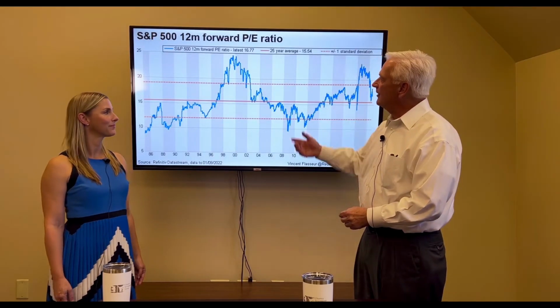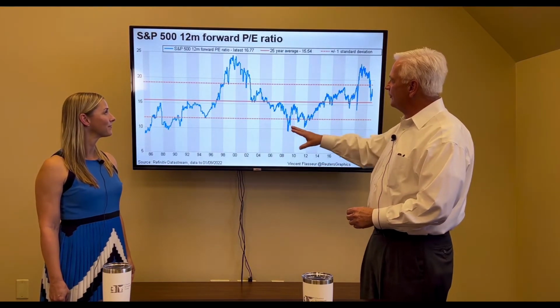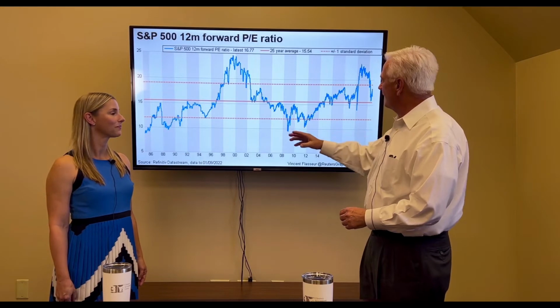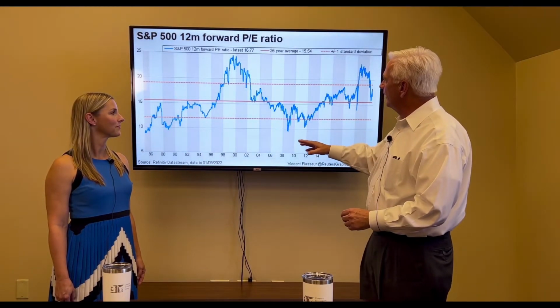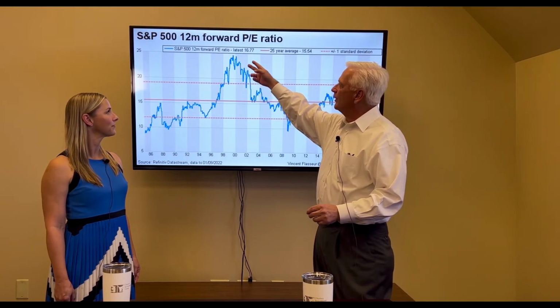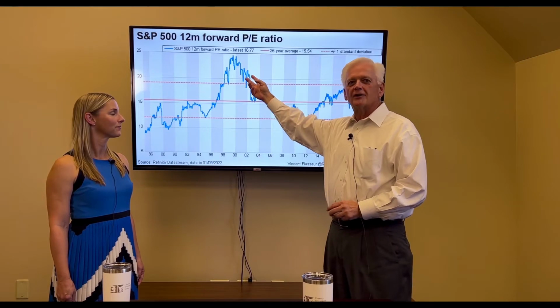So I use the S&P 500, and what's telling about the chart is there were certain times in history, and this happens to be a 25-year chart going back to 1986, where anytime you start reaching north of 25 or just shy of 25, the market is truly in overbought territory.